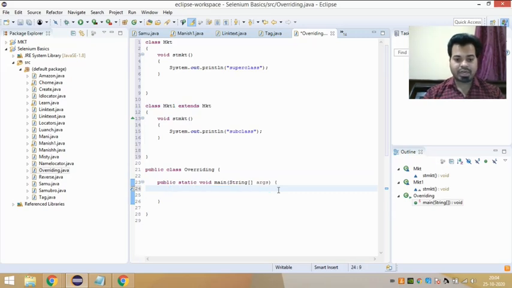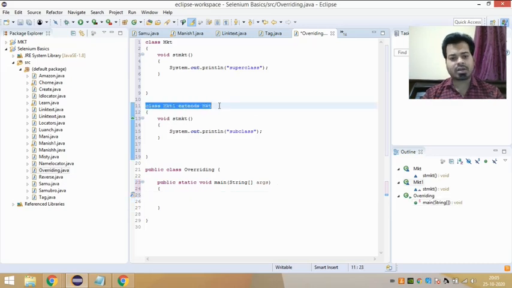Now in your method overriding concept there is a class which has the main method in it. Here you will try to create an object. In general, if you create an object for your subclass, you can access both the superclass method and the subclass method.